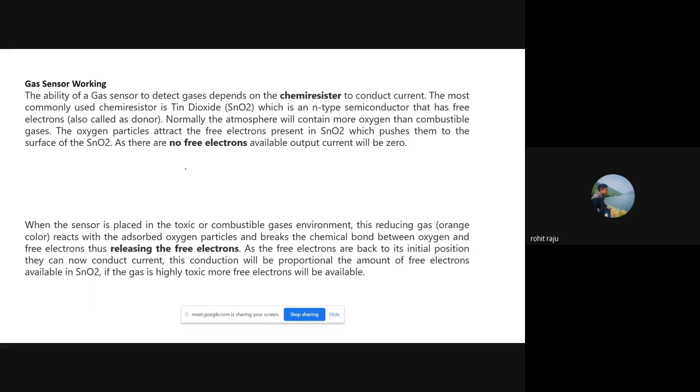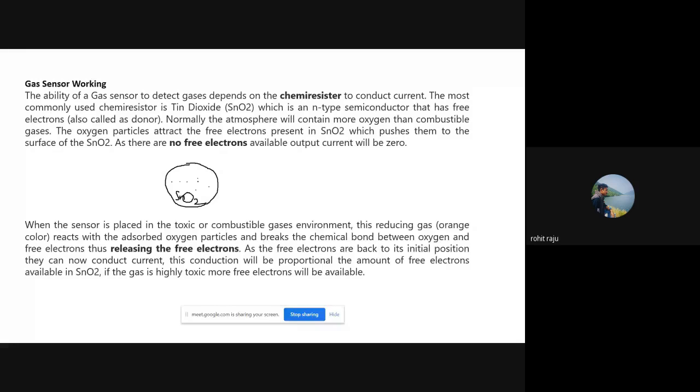Let's say this is the SnO2 molecule. This is SnO2, and this is the n-type semiconductor, which means it's an electron donor. So more free electrons are available inside.